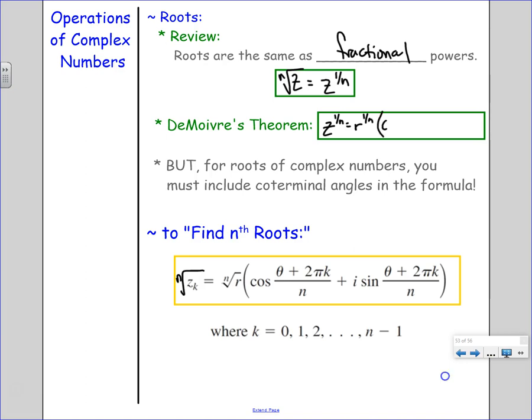And I would get cosine of 1 over n times theta plus i sine of 1 over n times theta. That's just using DeMoivre's theorem from the page before. I'm saying, okay, whatever the power is, I raise r to that power and I multiply the theta by the power. And you're like, okay, cool. So to find the nth root of z, plug it into DeMoivre's theorem. But